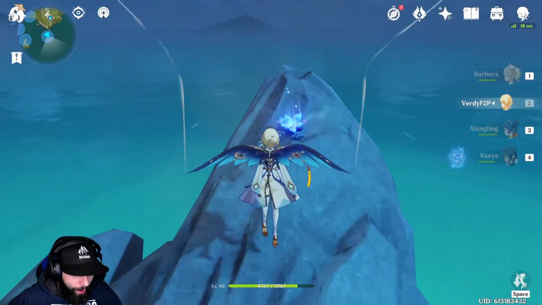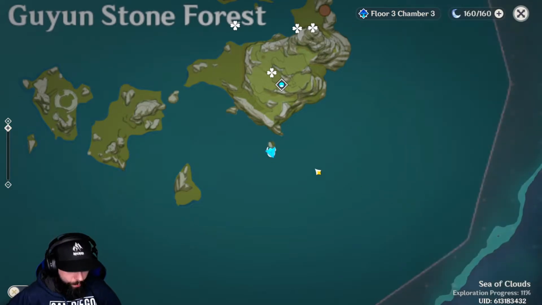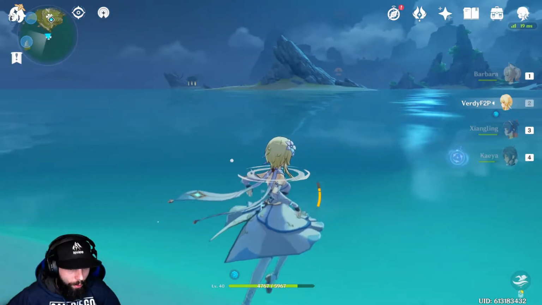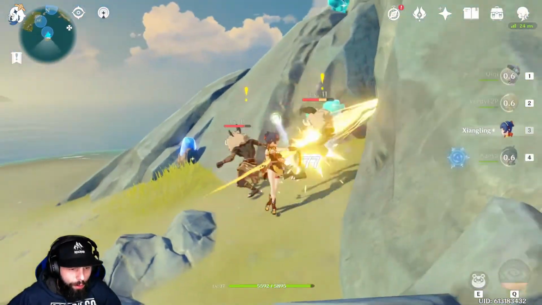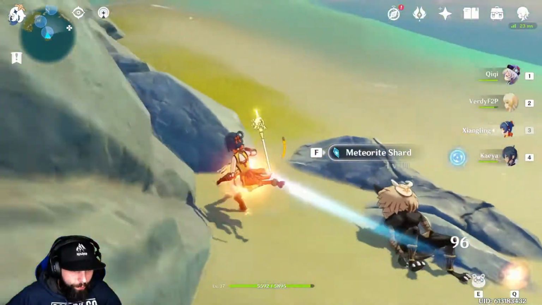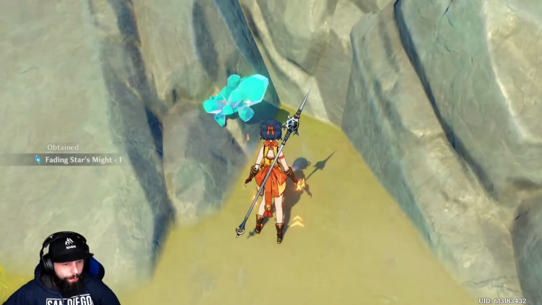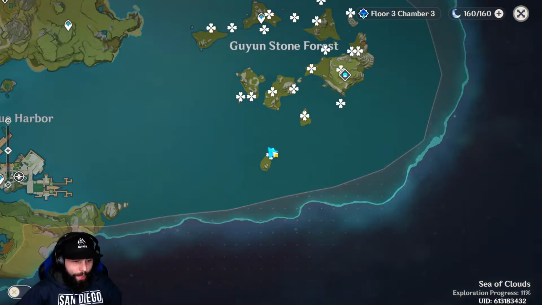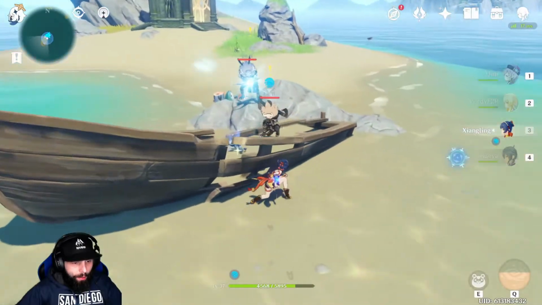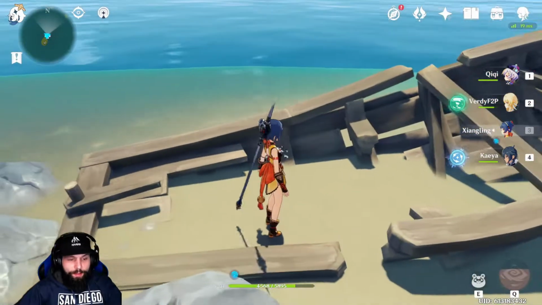Alright, glide on over here. Grab this one. Okay, next one's on that island over there. Okay, so over here on the island with all the ores. Here's the next one. Grab it up. Okay, so the next one is right down here. When you get to the island, kill these two enemies, and you can grab the fading star right here in